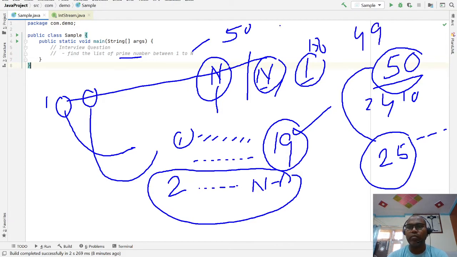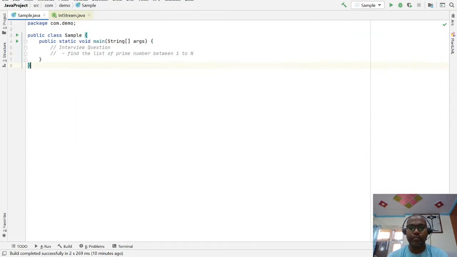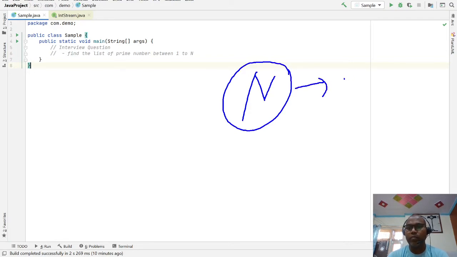We have to check from 2 and divide only by those numbers. We do not need to check all the remaining numbers. Logically, any number cannot be divided by more than its half. So if you have any number n, it is only divisible by numbers from 2 up to n by 2 only.